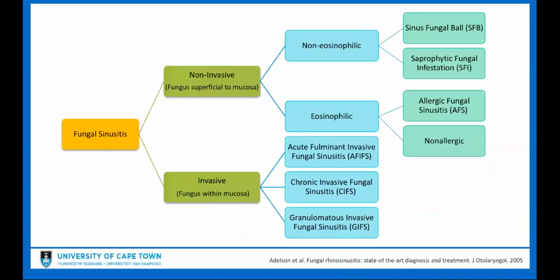Now, before I delve into allergic fungal sinusitis, a brief overview of the classification of fungal sinusitis. Fungal sinusitis can broadly be classified into non-invasive and invasive forms. In the non-invasive form, it can further be divided into non-eosinophilic forms, which include sinus fungal ball and saprophytic fungal infestation. And in the eosinophilic forms, there's allergic fungal sinusitis and non-allergic fungal sinusitis. In the invasive forms, they're further categorized into 3: acute fulminant invasive fungal sinusitis, chronic invasive fungal sinusitis, and granulomatous